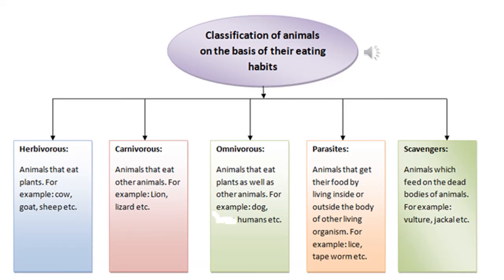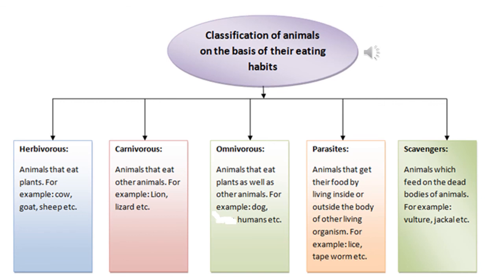Now let us classify animals on the basis of their eating habits. So we have here 5 groups: herbivores, carnivores, omnivores, parasites and scavengers. So herbivores are the animals that eat plants. For example, cow, goat, sheep, camel, etc. Carnivores are those animals that eat other animals. For example, lion, lizard,